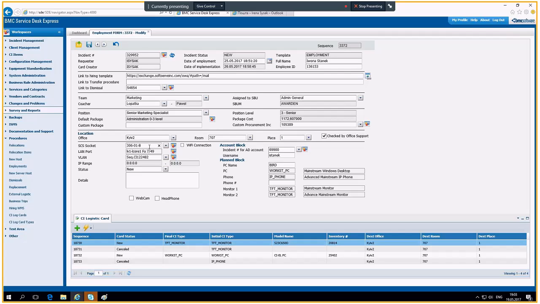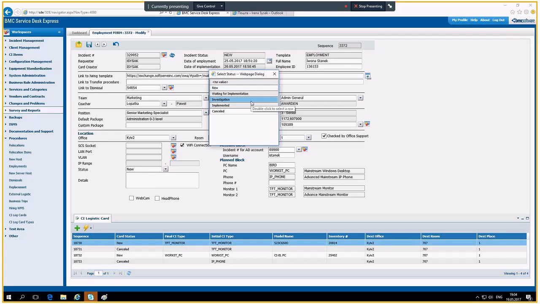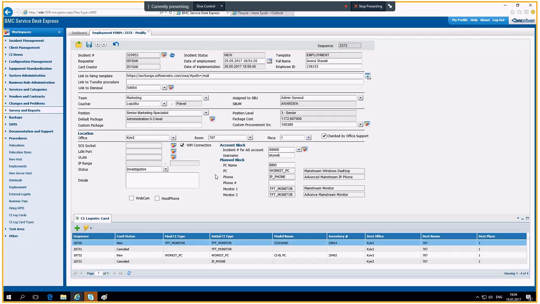If this PC will be connected only by Wi-Fi, we can erase it and just check the Wi-Fi connection. As you see, this field becomes unused. And we can just fill some details if needed and change status. We have list of statuses. For example, if I select investigation, it means that there is some problem with this process and we should stop it, put on hold. And when